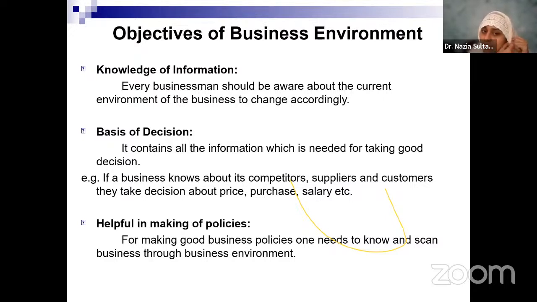So you're talking about a basis of decision. When you are analyzing the environment around you, you are making that knowledge a base for all types of decisions, because the information about the environment which you have got will help you understand and take a correct decision in the company. Say, for example, companies look at how much competitors are charging for prices, how much competitors are paying to the employees. So you should be aware about your competitors' movements, what is happening in the industry to which you belong.